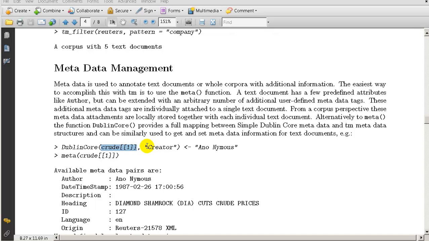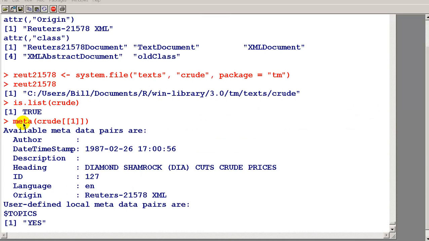So what we're doing is we're adding a metadata tag called creator. So like, who's the creator of this file? Who made this file? So we're just adding that little extra piece of information to that file. And we're saying it's anonymous. Okay? And then, well, actually before we do that, if I run meta crude like this, I'll see these are